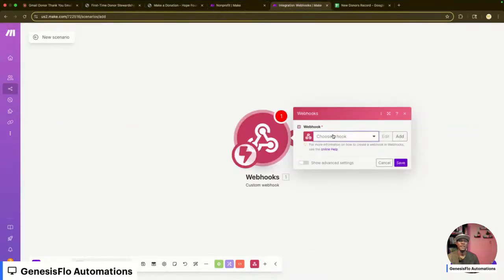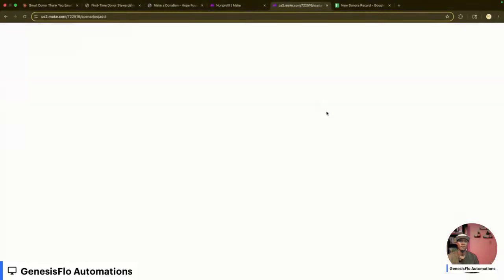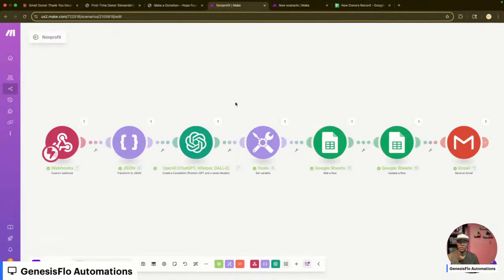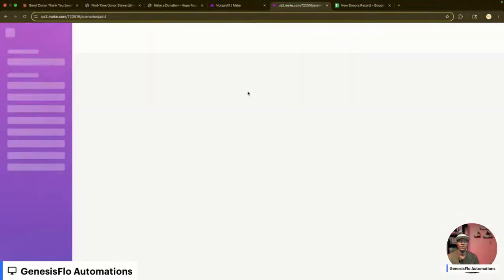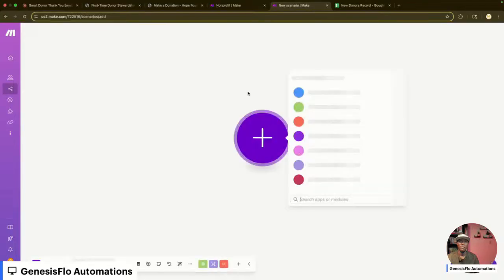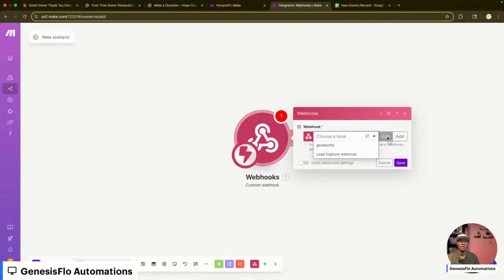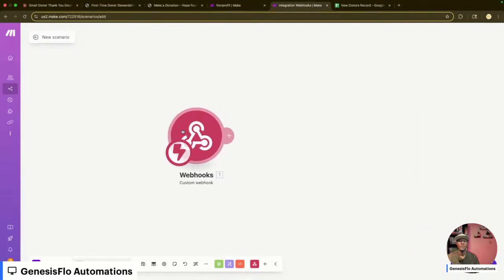But what we need is a webhook. We're going to use any webhook here. I don't know why that webhook is not showing up. Let me refresh here. It should show up. Let me save this and get out of here. Refresh. And let's go webhooks, custom webhooks. No, it's literally not showing. That's interesting. Okay, so we'll pick one. All right, we're going to pick this lead capture webhook.